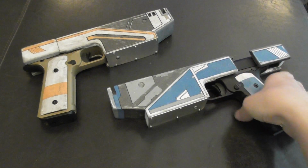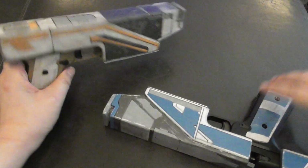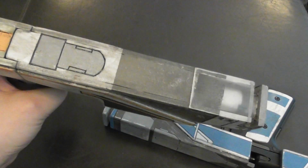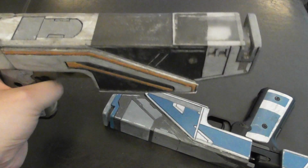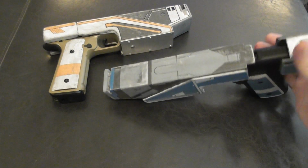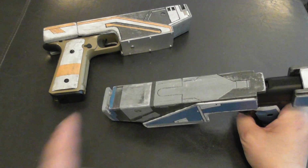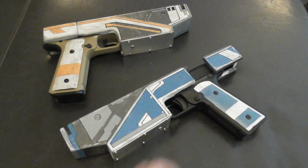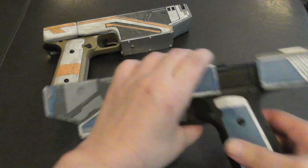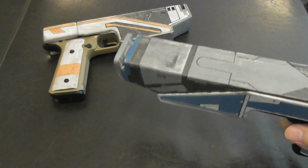But the top, this part right here, same thing with this part right here, translucent styrene, and they're painted and weathered so that they don't necessarily look 100% transparent, but I want to be able to see some of the flash, so you should be able to see the flash there too, so when they fire,